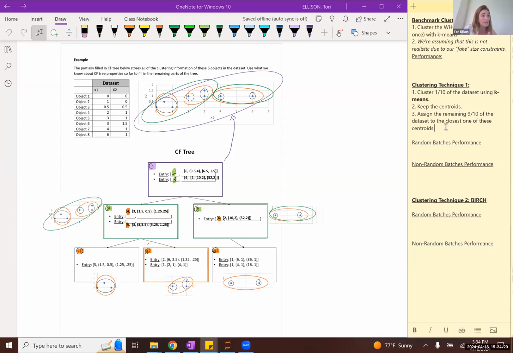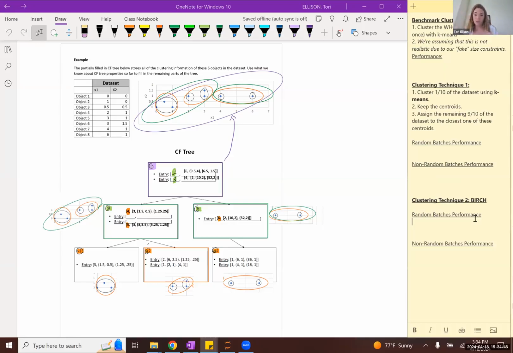And so one of the benefits, as we're seeing here with Birch, is that it is this really cool technique that allows us to iteratively feed in observations into what we called our CF tree, our clustering feature tree.